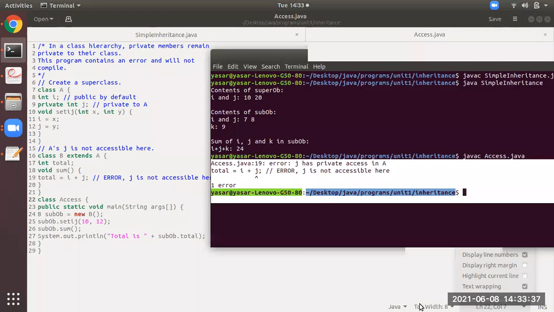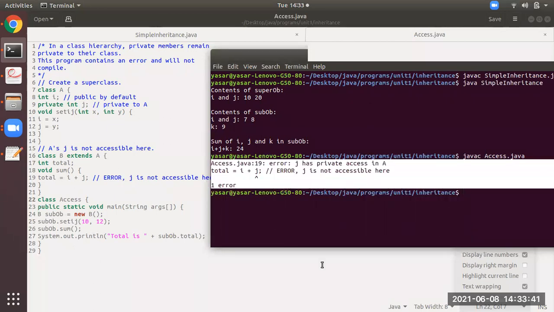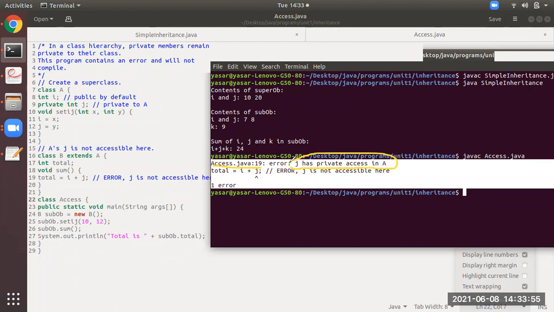You all observe, after compilation we have got an error. What error is it mentioning? That in access.java, at line number 19, you have got an error. j has private access in A, it says. Okay.